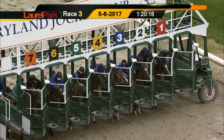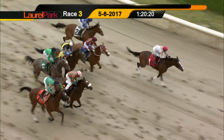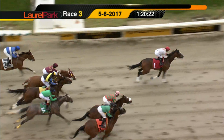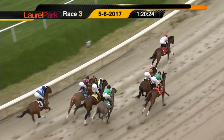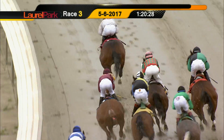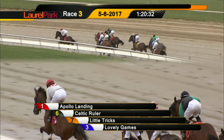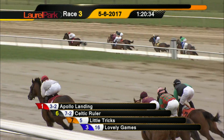Little Tricks activating the gates, settling down, and they're off. Apollo Landing directly to the front from Celtic Ruler and Little Tricks on the outside, right there too. About four deep into the first turn run. In the meantime, Lovely Game saving that ground, and Ticker Tape Parade back third last position, and Potswali and Change